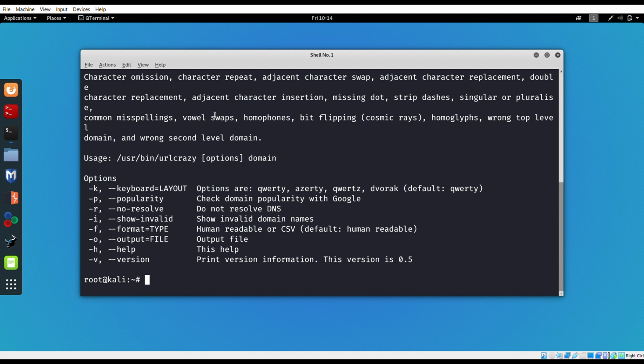The default is QWERTY. The second one is -p, that would be to check the domain popularity with Google, like how popular the misspelled domain is. The other one is -r, that is for no resolve, that if we do not want the DNS information with it, then we can use this -r. Then we have